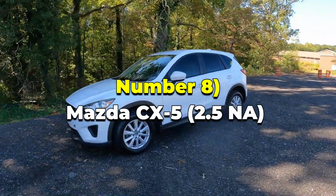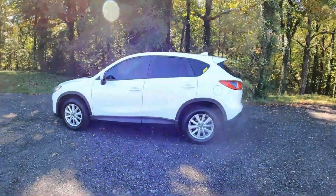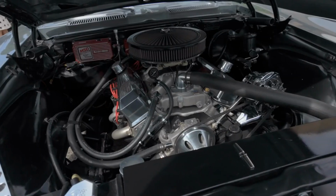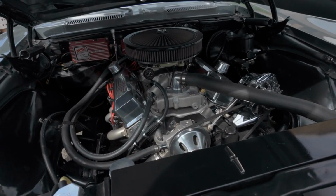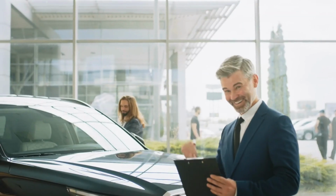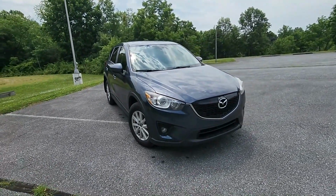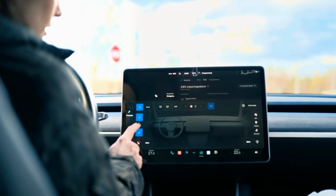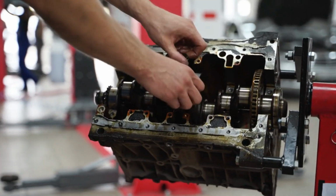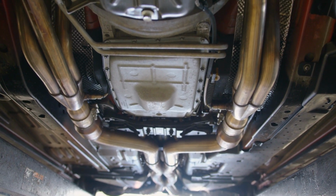Number 8. Mazda CX-5 2.5 NA, lightweight longevity. Don't sleep on the Mazda CX-5. The naturally aspirated 2.5 NA engine, when treated with regular maintenance, shows up in owner reports of vehicles passing 300,000 miles. The CX-5's advantage is a modern, efficient, but straightforward engine and chassis that don't punish you with overly expensive